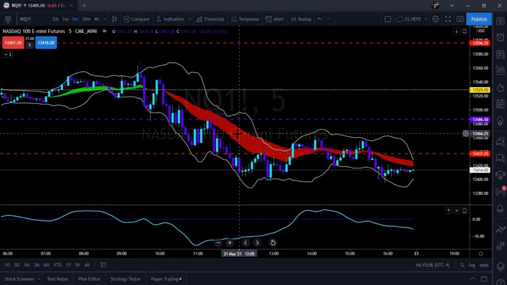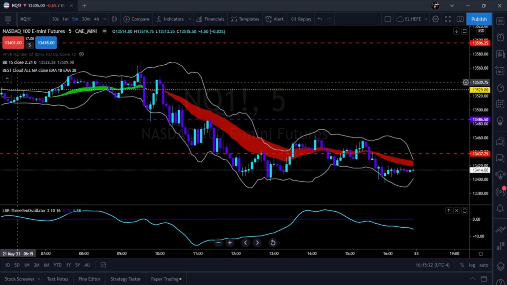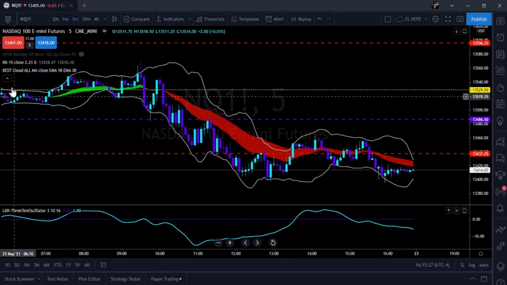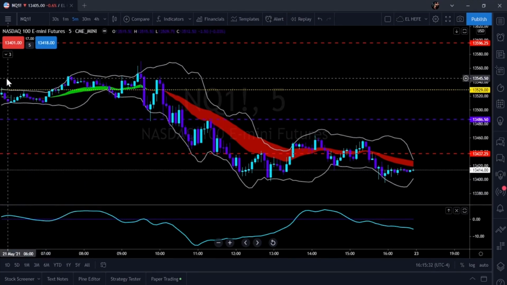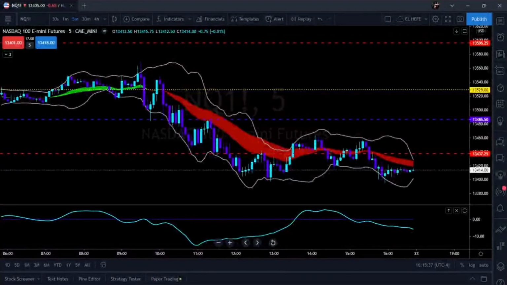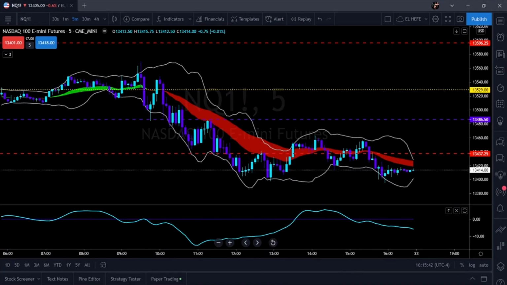So there's a few things that have changed, and some of those are simply like the cloud itself, right? This cloud is based off of an 18 and 38 exponential moving average. That's what produces the cloud. The Bollinger Bands have stayed the same. And the 310 oscillator also has stayed the same. There's nothing changed with it. I'm going to flip y'all back over here to my trade of the day. Well, I tell you what, before I do that,